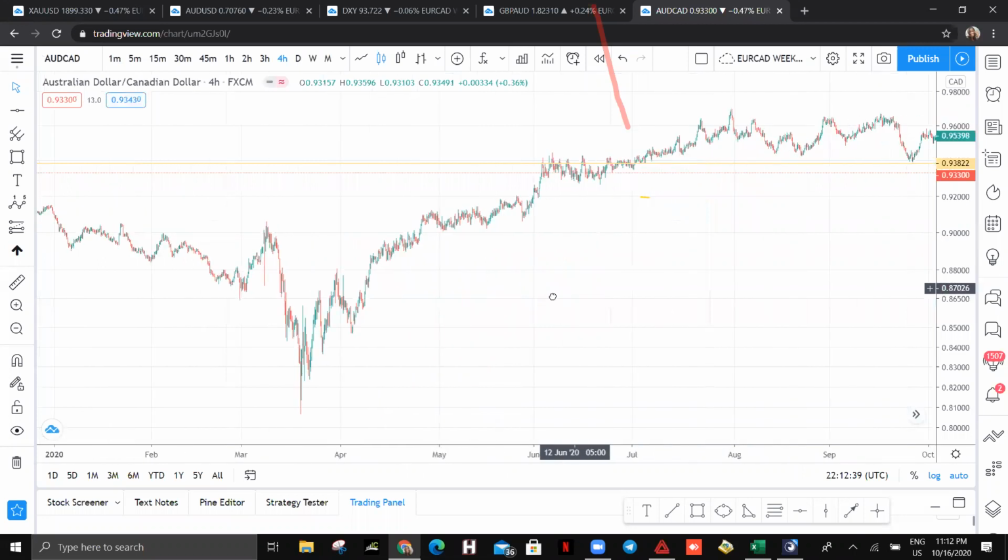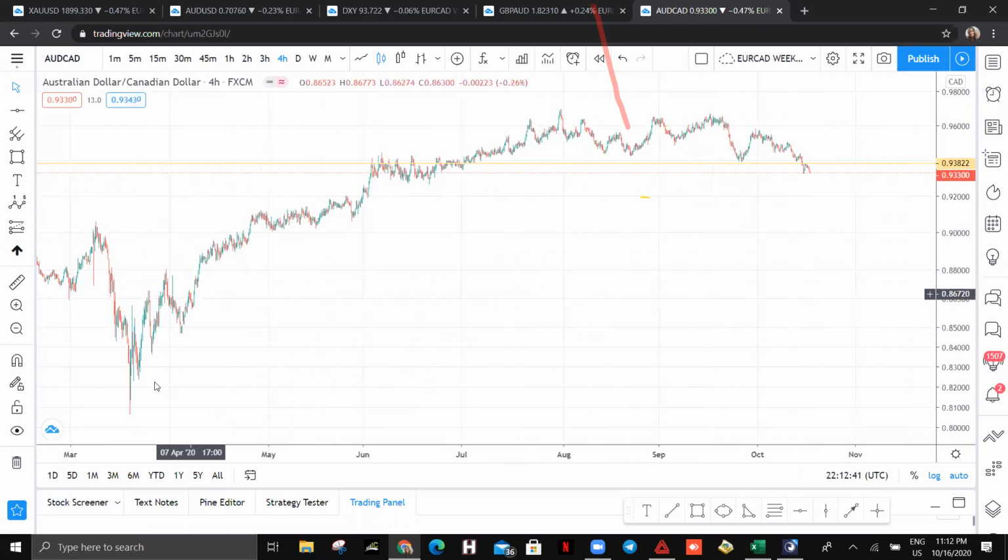Just look at how this one is moving. See the small candles on the 4 hours. Just imagine, you have to be so patient for this thing to give you what it wants to give you. Can you see the way it's doing? Just small candles. It's annoying. So I can't sit down and say I'm trading this one. But if you see